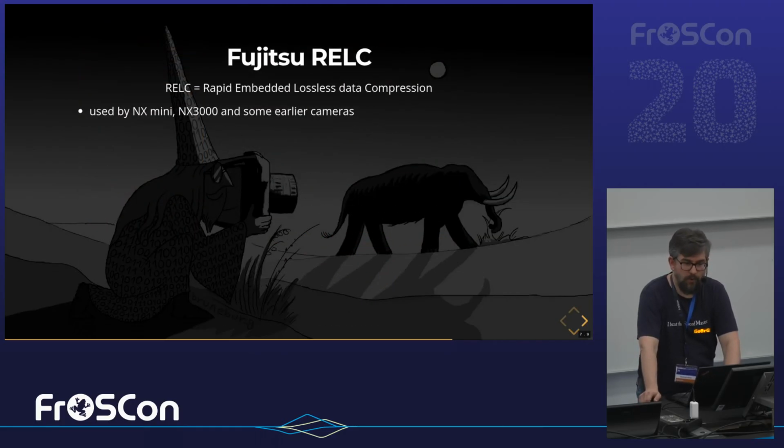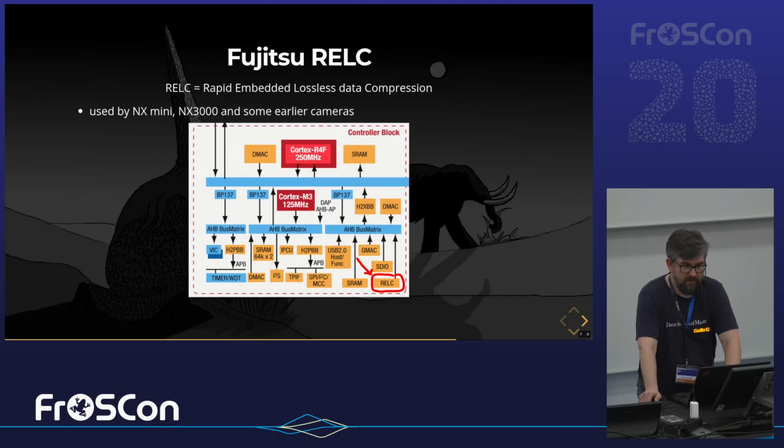And then Igor pointed out that this is actually a variant of Fujitsu REL, Rapid Embedded Lossless Data Compression. And yeah, it's also used by some other camera models, and it is a hardware block inside of Fujitsu ARM CPUs. So there is no decompressor because it is done in hardware. The bootloader just tells the hardware, hey, please uncompress the following range of data from the flash, I guess, to RAM, and then the hardware does the job and tells the bootloader, here it is, you can jump into it. It's also part of some Fujitsu microcontrollers,